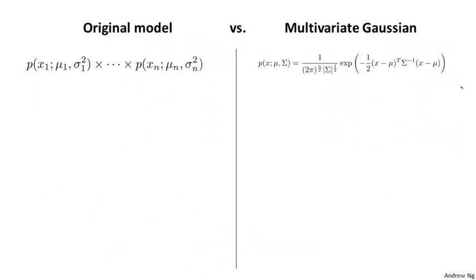So when would you use each of these two models? So when would you use the original model, and when would you use the multivariate Gaussian model? The original model is probably used somewhat more often, whereas the multivariate Gaussian distribution is used somewhat less, but it has the advantage of being able to capture correlations between